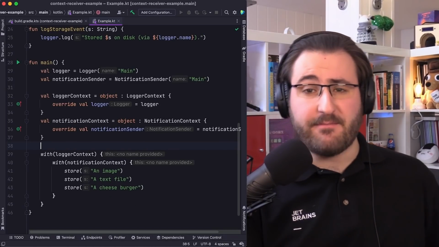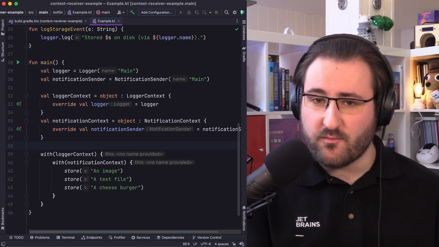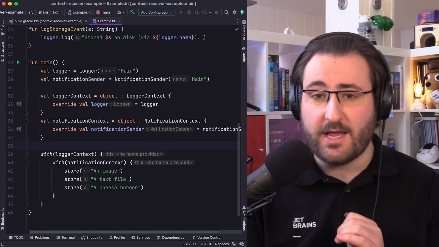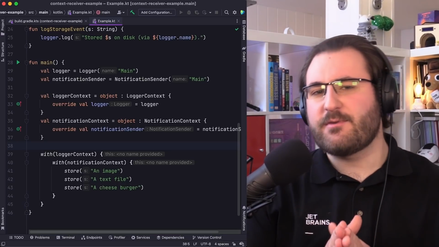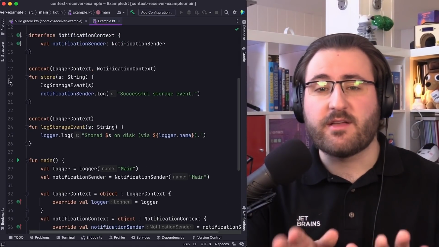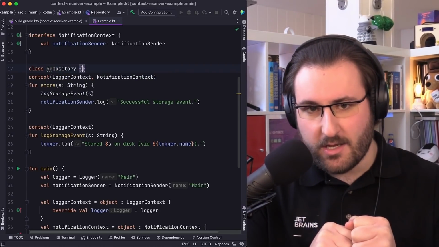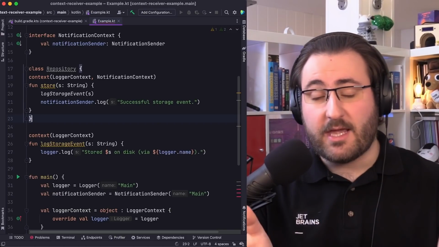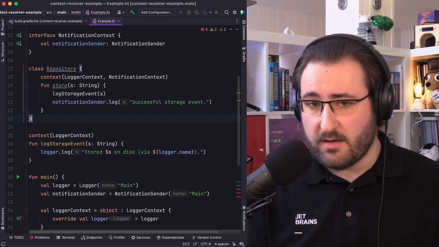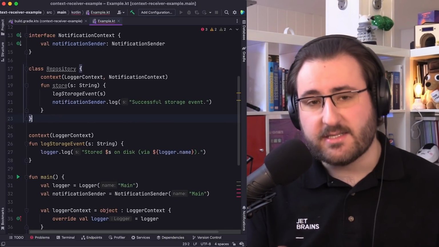Sweet, at this point we've established our basic knowledge of context receivers. So, to recap, context receivers give you an elegant way of constraining functions to which context they can be called from, without relying on inheritance. Since this was our first time really having a look at context, I wanted to keep everything simple. That's why store was also just a file level function so far. But in fact, nothing is stopping us from stuffing that function into a class, like you probably would at some point anyway, as your application grows in complexity. You can still instantiate a class like this as you usually would, but when the time comes and you want to call the store function, you still need to bring logger context and notification context into scope.